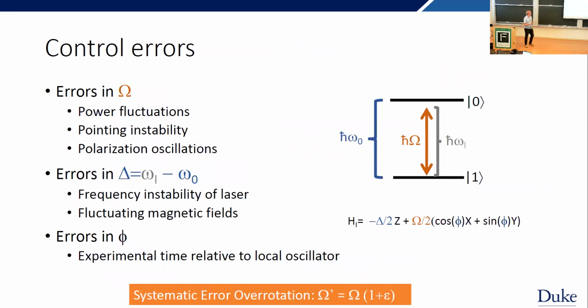Now when we think about these control errors, if I just think about doing a single qubit gate, I have an error in my Rabi frequency, which can come from the laser not being quite right, power fluctuations in the laser, all these things. I have errors in my frequencies, and then I can have errors in this relative phase. For us, the thing we have the hardest time classically feeding back on is actually the error in the laser intensity, because we can do it before we send the laser into the trap. There's a lot of space there, and any beam stability issue, upstream or downstream, can cause problems.